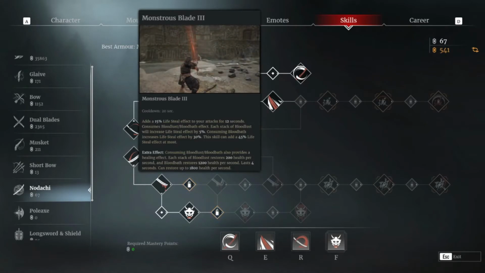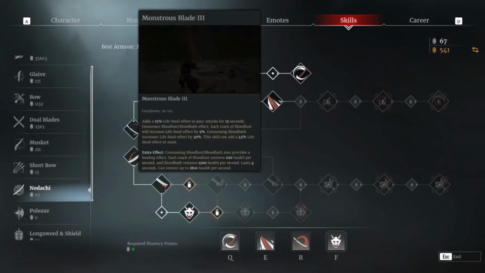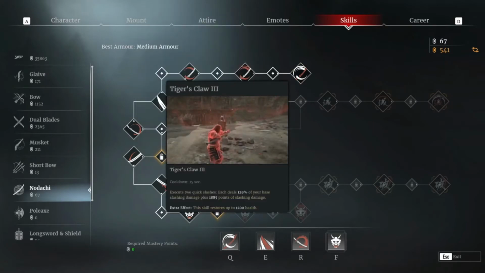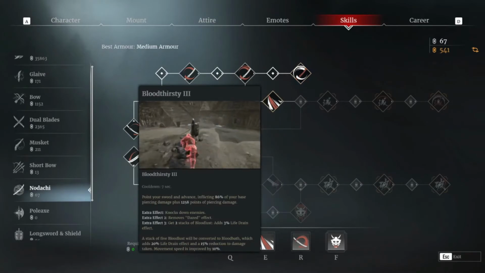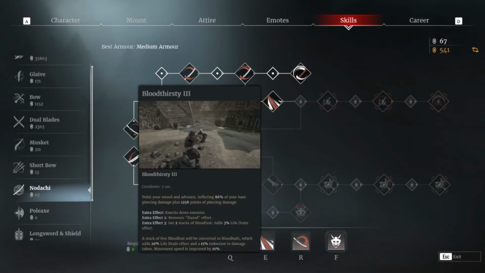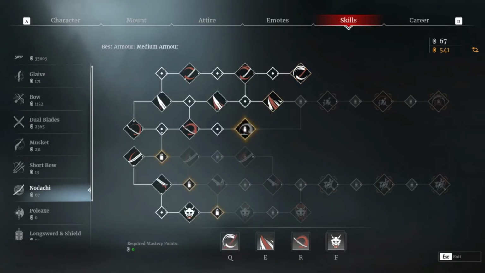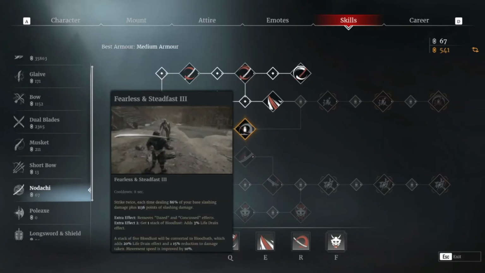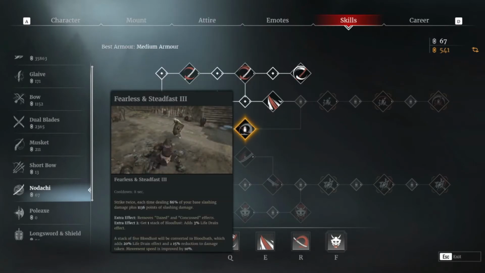You have your full stack of Bloodlust, you pop Monstrous Blade, you're in the middle of enemy units, and essentially you're life stealing a whole lot. You use Tiger's Claw, you life steal. You use Bloodthirsty, you life steal, but not as much. You use a basic auto attack, you life steal. So if you could play around with that passive well, Monstrous Blade could be very beneficial. However, people just like to use Fearless and Steadfast